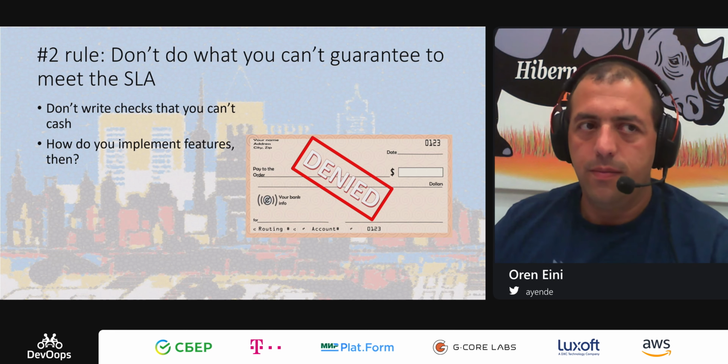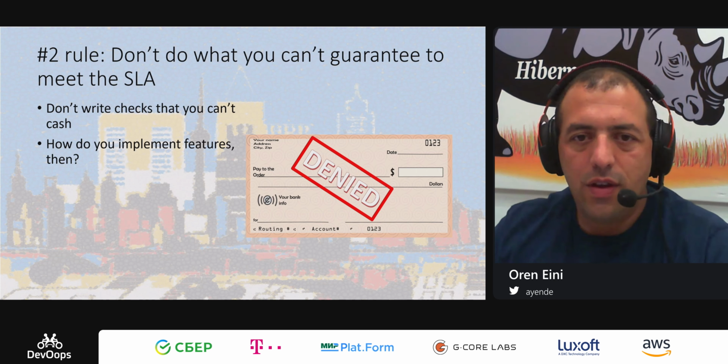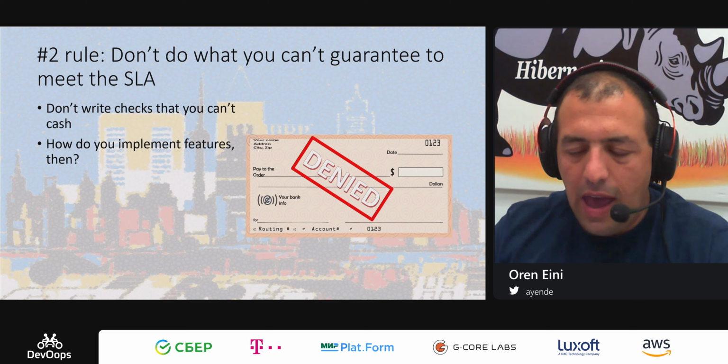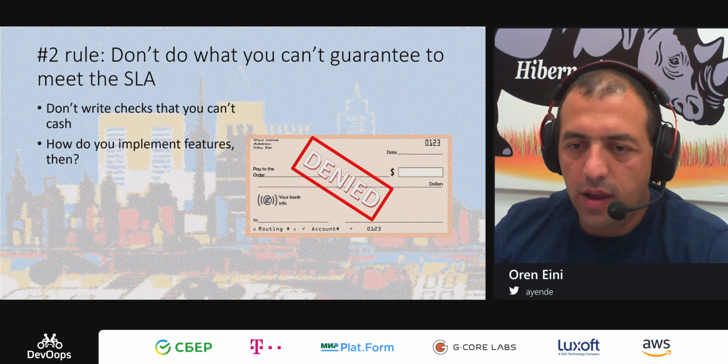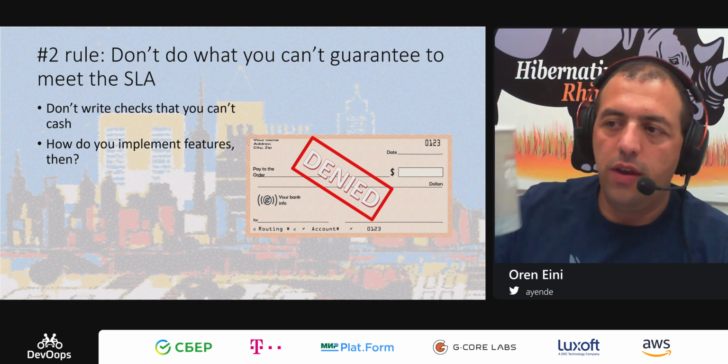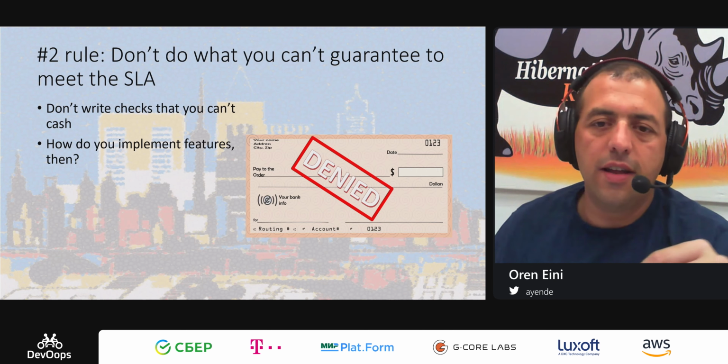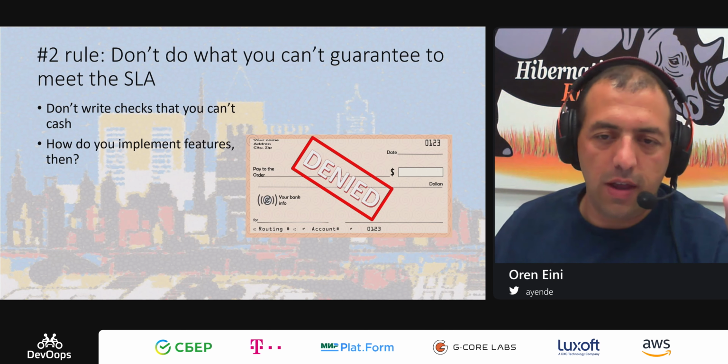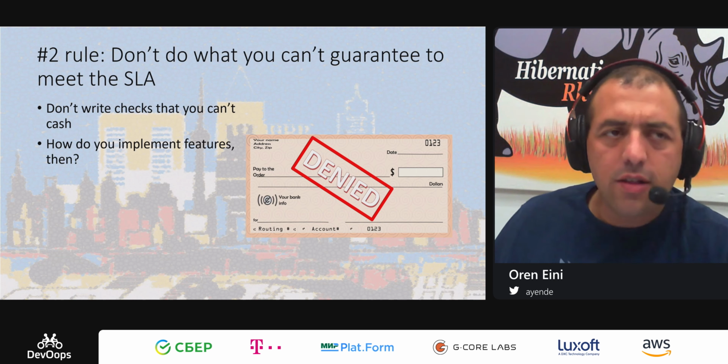What does it mean? Let's assume that I have a certain operation. I need to process an order for, I don't know, a cup of coffee. I need to process that within a certain amount of time. Now, here's the problem.